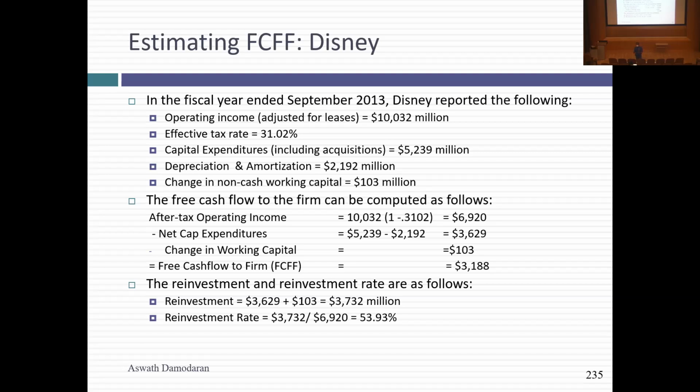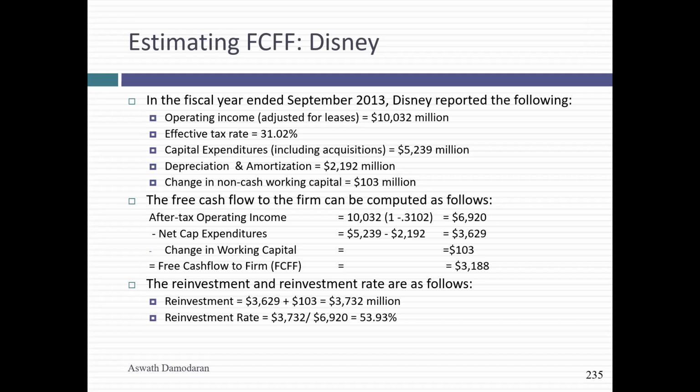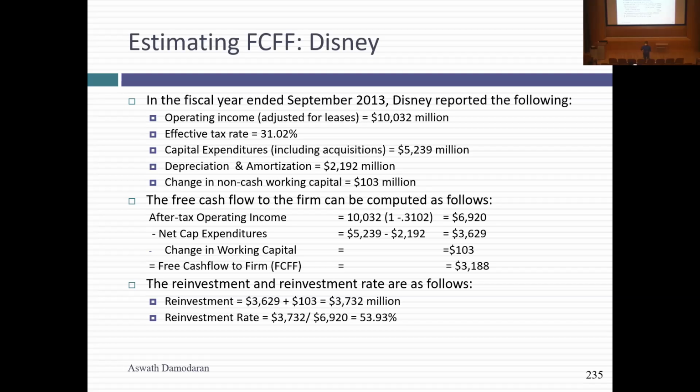When I project out growth for Disney, this is going to become part of the inputs to estimating growth. For a company to grow, it has to reinvest. If this reinvestment rate were 2%, I'm going to be a lot more reluctant to put a high growth rate for Disney because I'm going to ask, where is that growth going to come from? Looking at the reinvestment rate at least gives you clues on what this company thinks about its future. If a company is really upbeat and optimistic about its future, you should expect to see a high reinvestment rate because they're taking lots of profit. So the free cash flow to the firm is computed, but take a look at it to get a sense of what your company's been doing in the past.